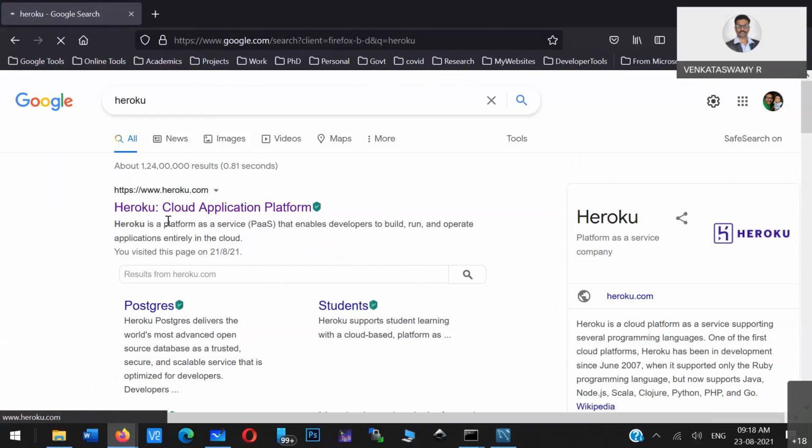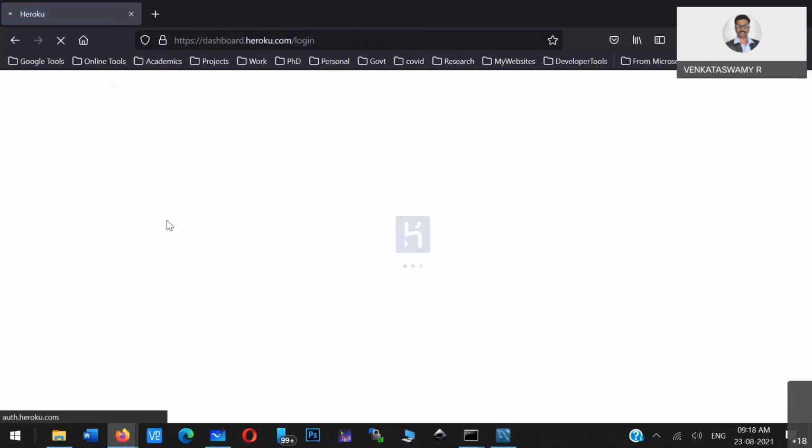They give a lot of add-ons. They provide a platform to deploy your application. They'll give the platform to deploy various kinds of applications, like Java application, Node.js application, Python application, Clojure application, Go application. So many things you can deploy in Heroku.